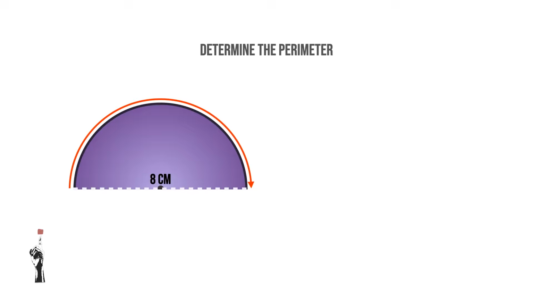This dotted line is to indicate the radius. Therefore, since my 8 centimeters is written above the midpoint, that is the length of my diameter. That means that my radius is equal to 4 centimeters. I can use the value of the radius to determine the perimeter of this semicircle. So, I write that the perimeter